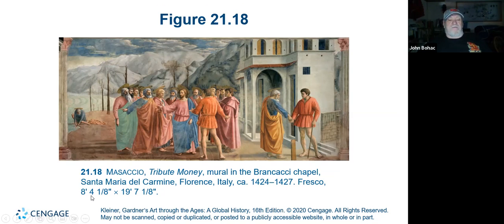It's 8 feet, 4 inches high, 19.5 feet across. And this is where you see the difference between Italian Renaissance and Northern Renaissance. Northern Renaissance is typically small because of the way that they painted things through the camera obscura. This is huge. And you can see that they use perspective lines here, and the perspective lines start to take